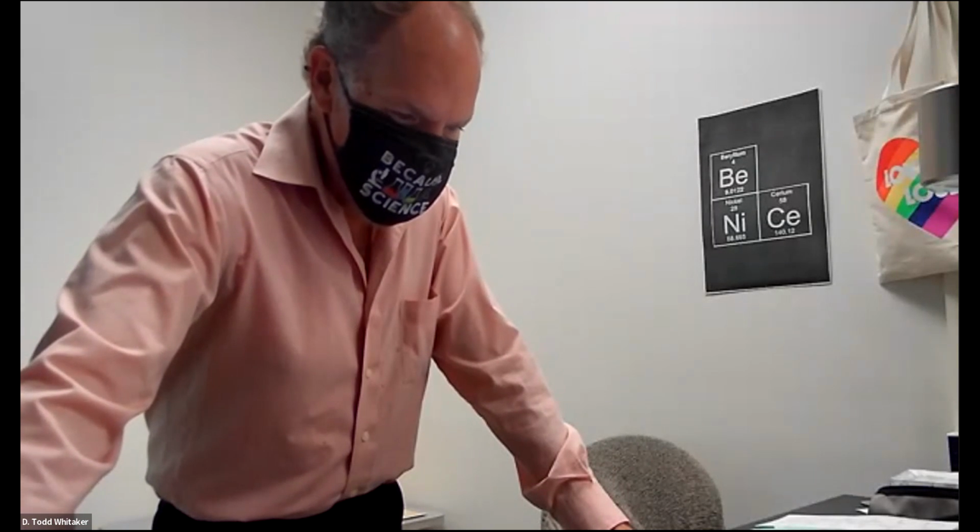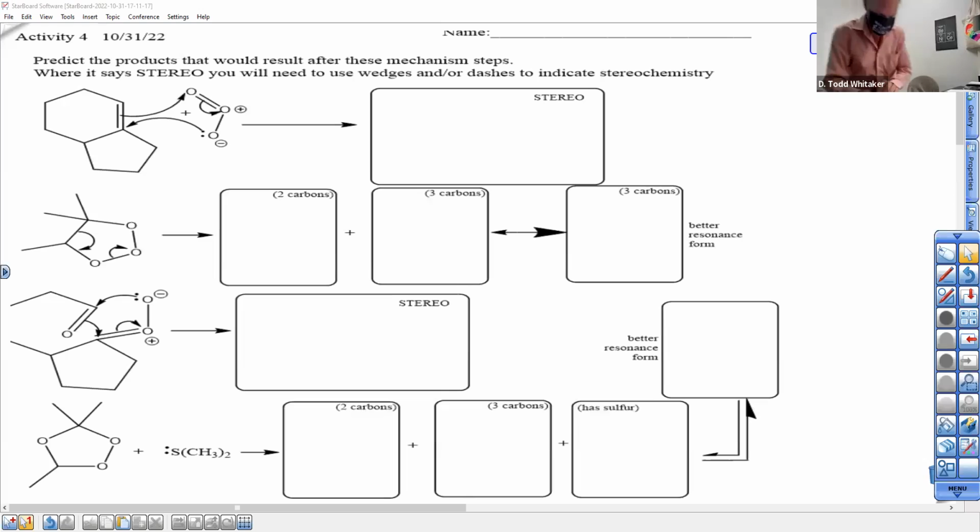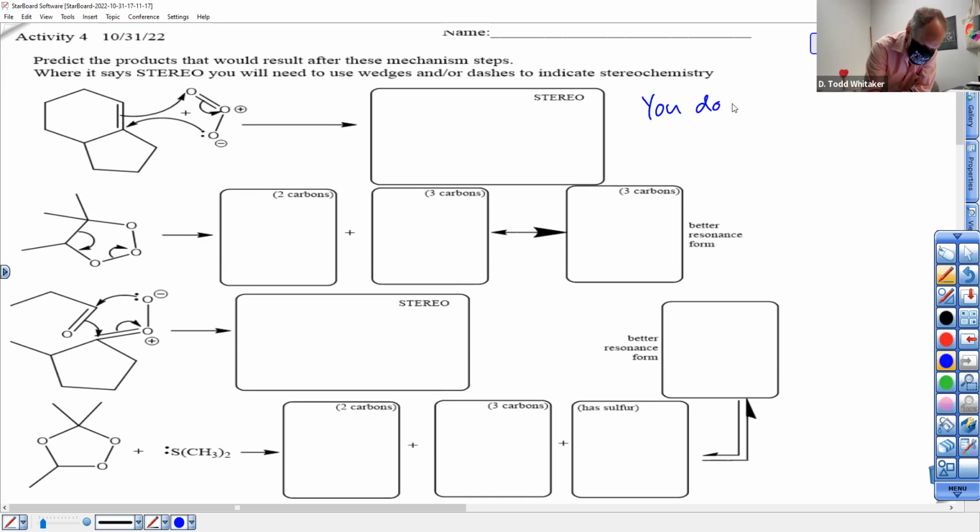We're going to continue our mechanism exploration using a mechanism you are not responsible for. That means you don't have to learn how to give me the arrows for ozonolysis. You do not have to learn the ozonolysis